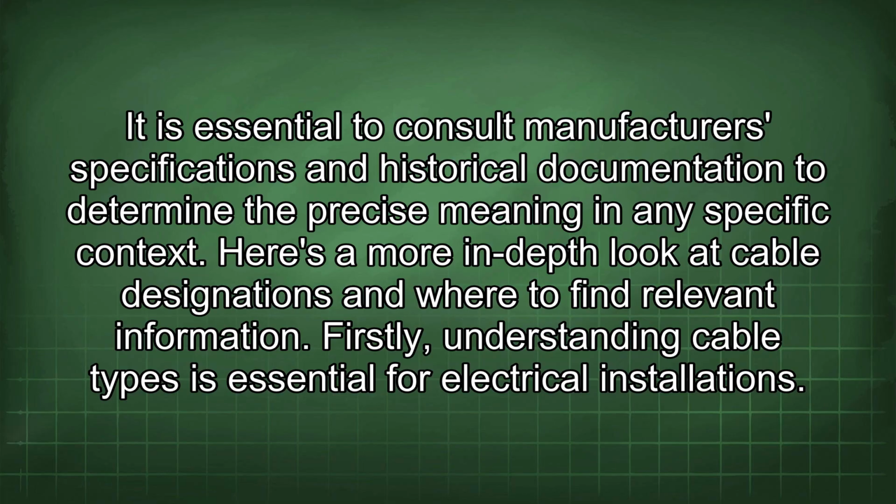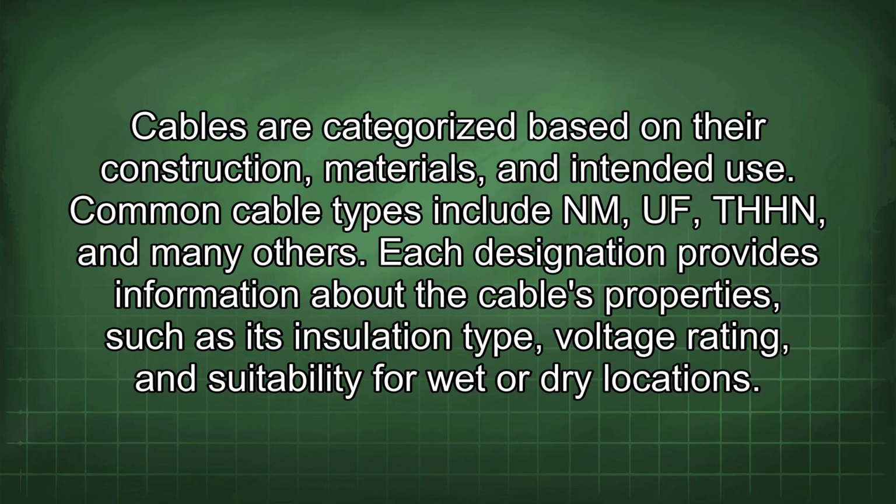Here's a more in-depth look at cable designations and where to find relevant information. Firstly, understanding cable types is essential for electrical installations. Cables are categorized based on their construction, materials, and intended use. Common cable types include NM, UF, THHN, and many others. Each designation provides information about the cable's properties such as its insulation type, voltage rating, and suitability for wet or